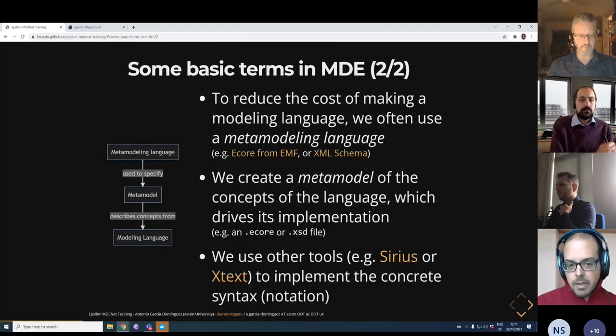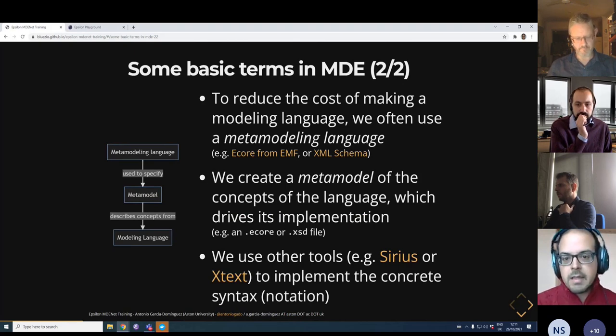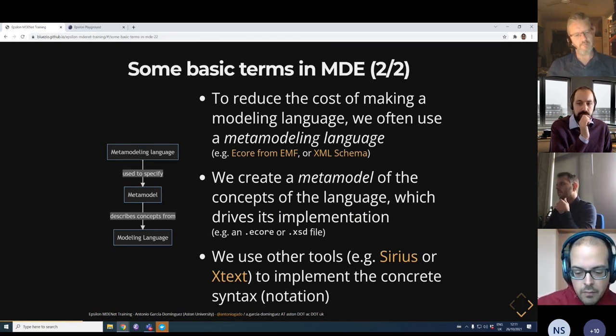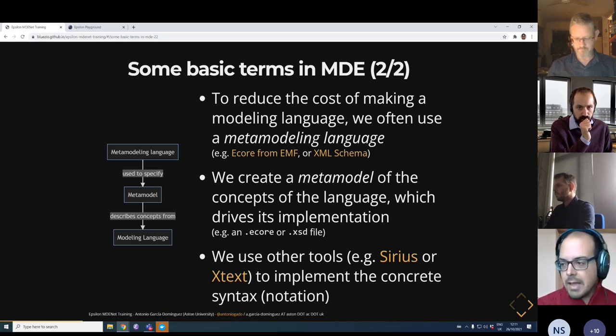Then one thing that happens in practice is creating a modeling language tends to be quite expensive. So there are all these different bits of infrastructure that you have to provide and so on. So in the interest of reducing effort and making this as cheap as possible, people have created what are called metamodeling languages, which is a modeling language for creating modeling languages in a way. And what you do with a metamodeling language is you specify a metamodel, and the metamodel